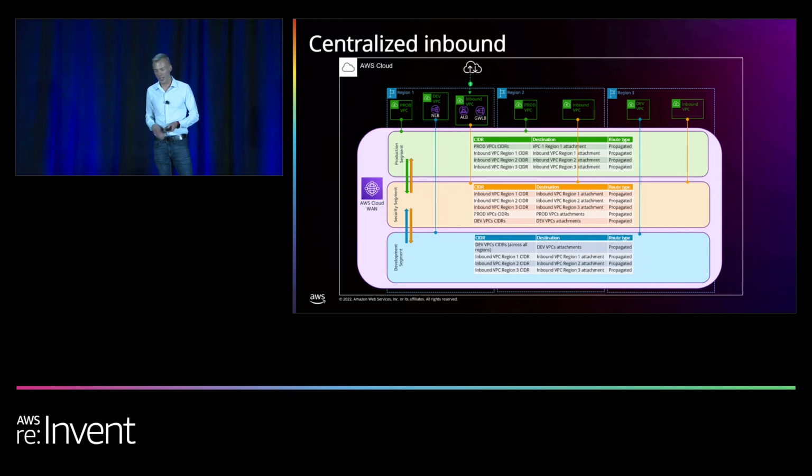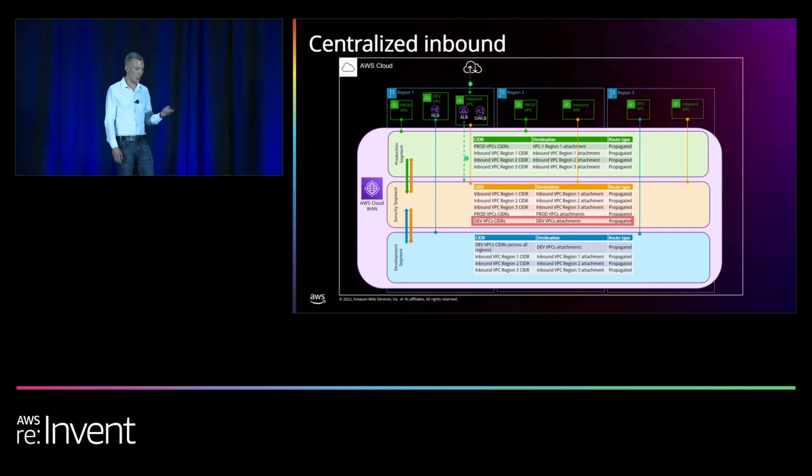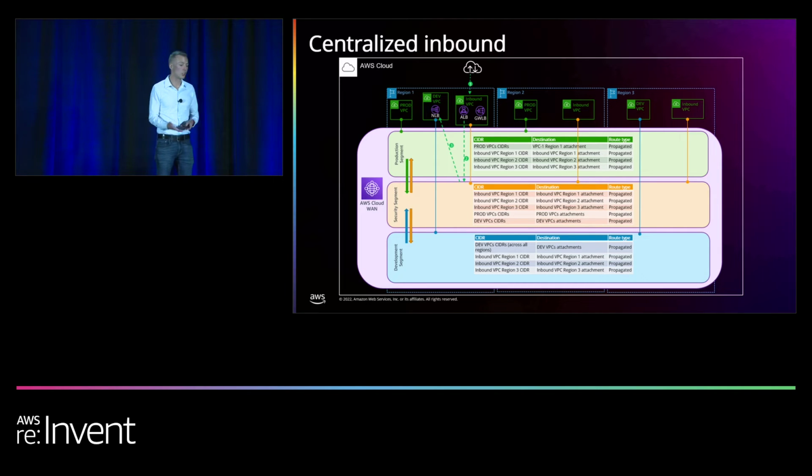So here we're just showing going directly to an ALB. So then this hits the security segment route table, and then we can see here we've got a propagated route to the dev VPC, and then we'll go directly to the dev VPC to, in this case, an NLB. This could also be an ALB, but NLB for this type of architecture is a little bit more flexible because it's static IPs per AZ and won't change. If you're using an ALB, those IPs could change. There's some Lambda automation to make that work and update those route tables.